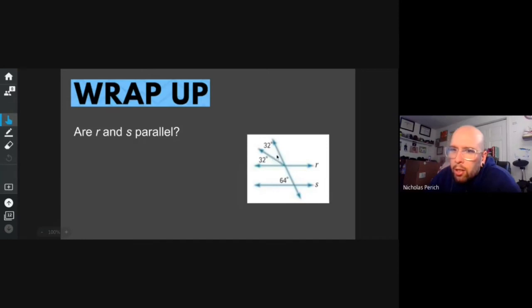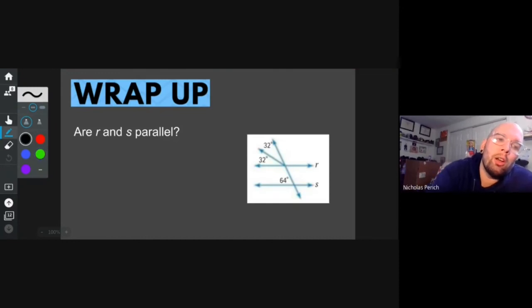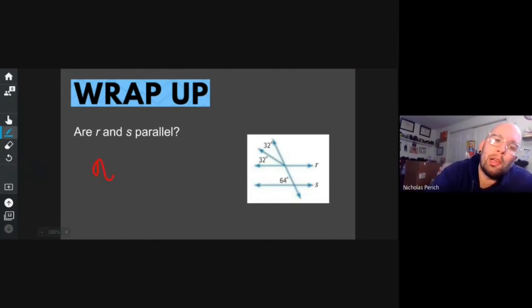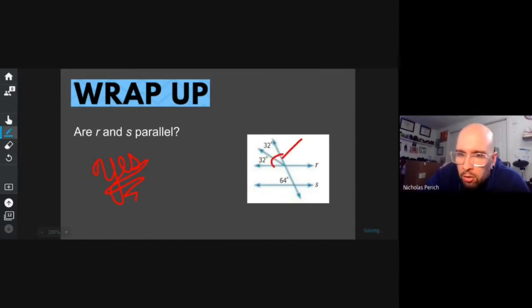Are these lines parallel? Well, let me see. Are these 64? Yep. And is that 64? Yep. Then the answer is yep. Let's draw it in a nice cursive. And that's again because this angle adds up to 64. And so according to the corresponding angles postulate, converse theorem,